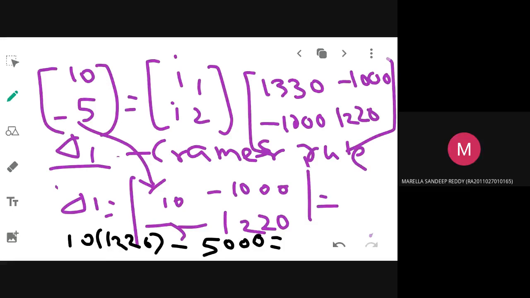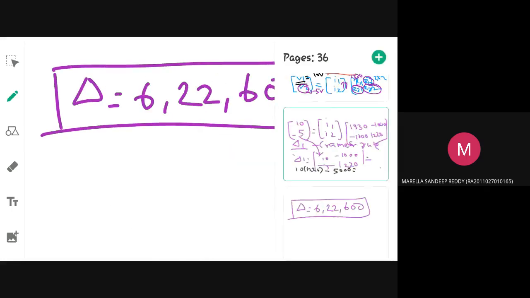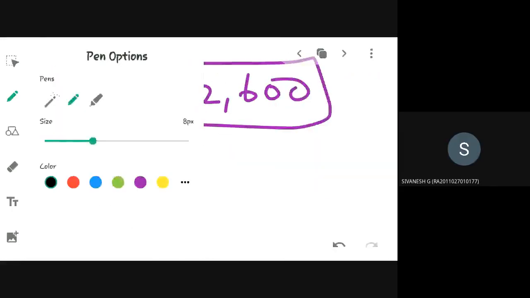No, ma'am. Wait. What, Sandeep? What's your doubt? Don't keep your doubts with you, otherwise the doubts will pile up and you won't be able to solve problems well in the exam. Whenever you have doubts, then and there you ask me. What is your doubt, Sandeep? Others understood, I think. The answer for del 1 is 7,200.